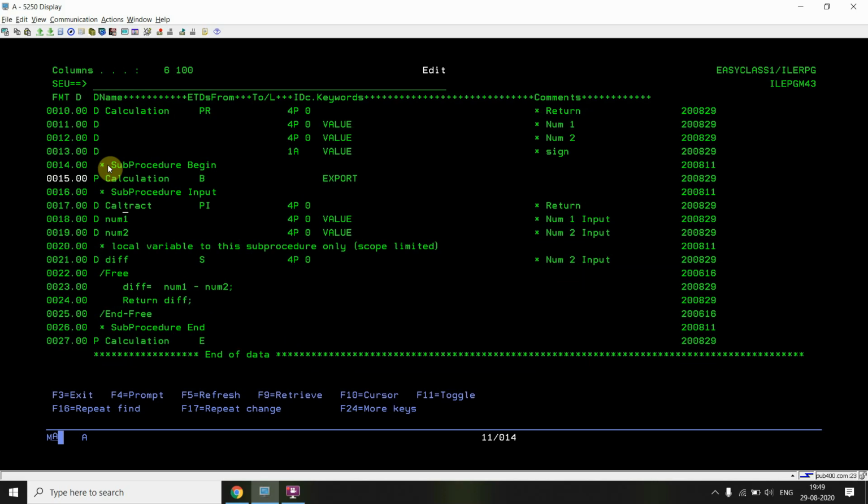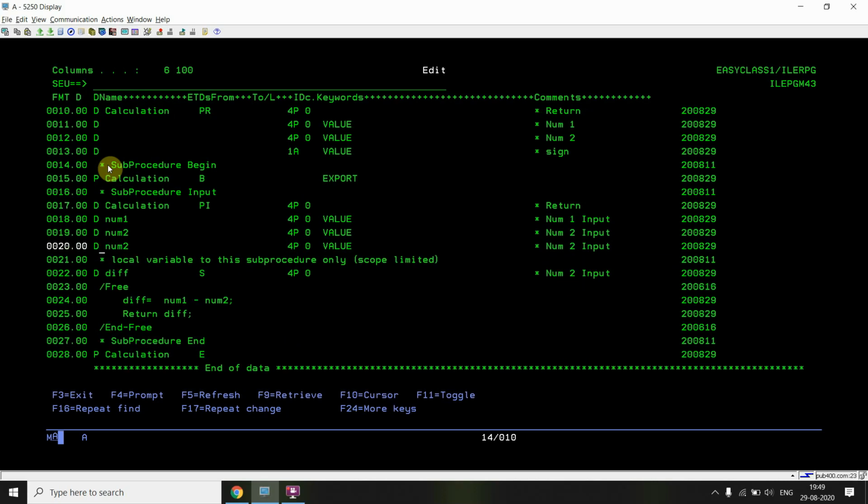This is the procedure interface. So it is taking a sign, 1A, sign.